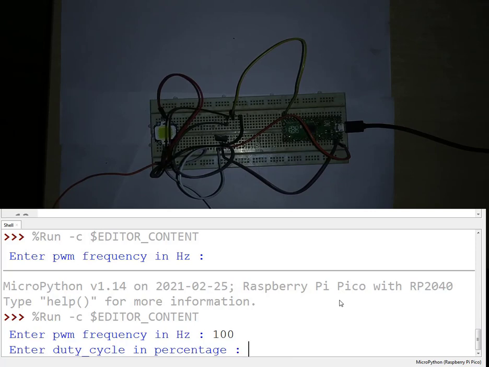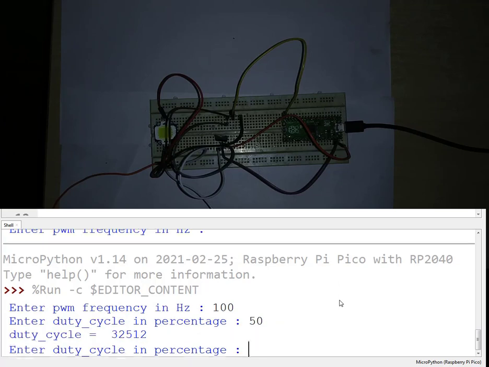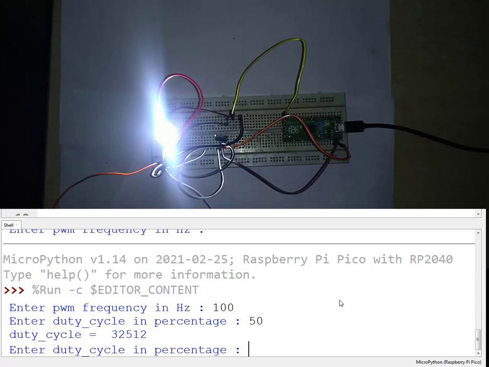The duty cycle is the amount of time for which the signal is on, as a percentage or as a ratio of the total time available to the signal. Okay, so suppose I am giving a duty cycle of 50%. So now you can see that the LED is running at 50% intensity.